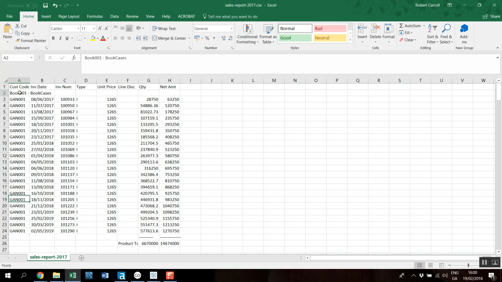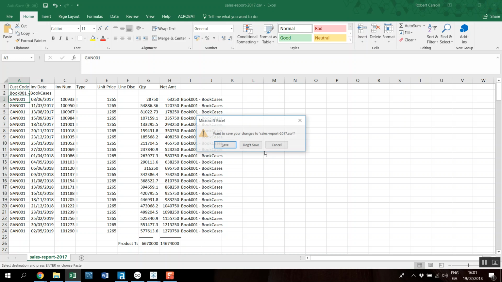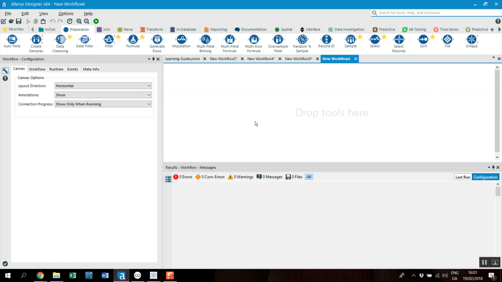so it's quite awkward. In terms of Excel, you could copy and paste in here, but I've only taken a couple of hundred rows of data. But you can imagine over thousands of products and everything, that's just simply not feasible. So this was the structure it came out, and as well it came out with the customer code instead of some customer information. So we'd like to join on that customer information. So I'm going to close out of that, and I'm going to jump to Alteryx